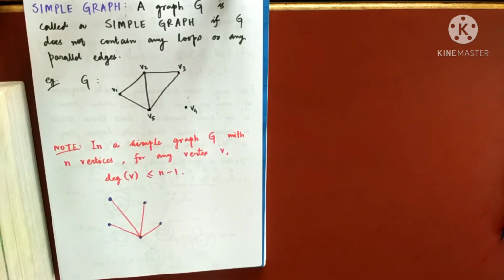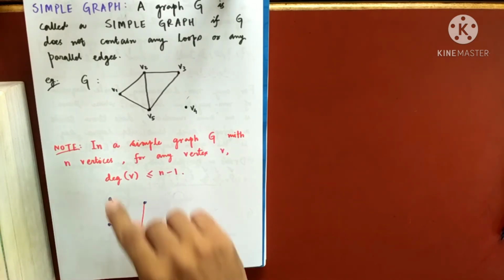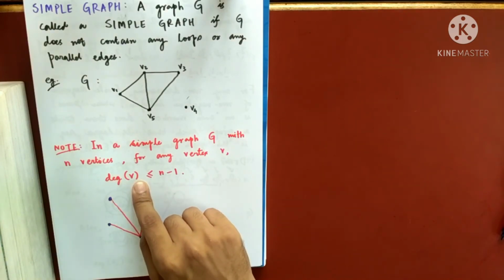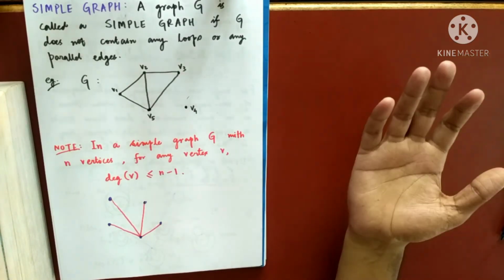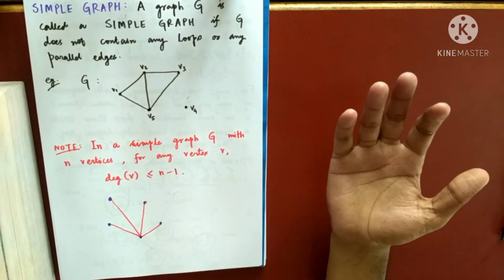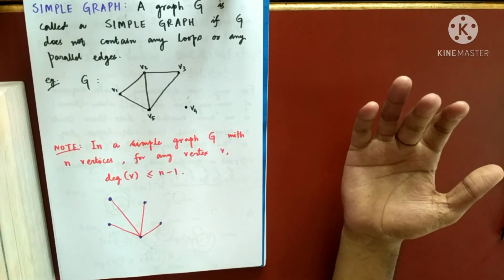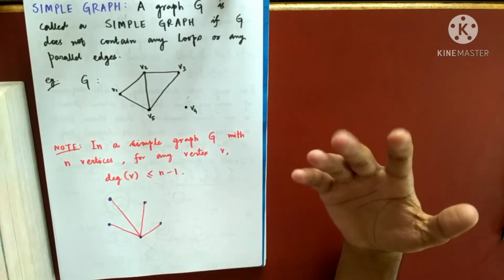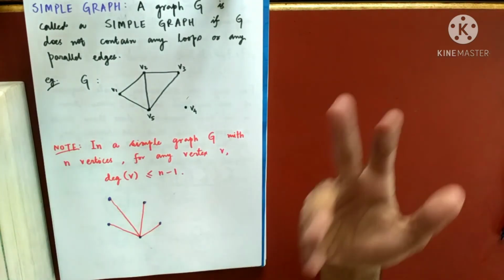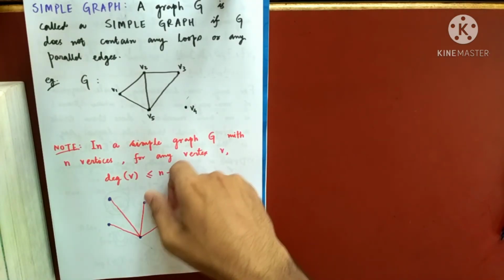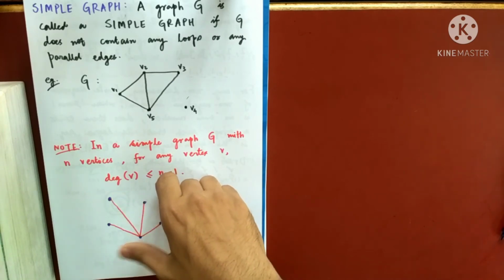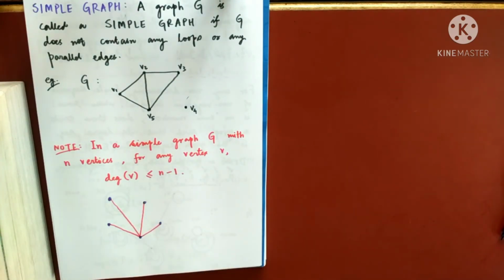So this is one thing about a simple graph. I can actually bound the degree of any vertex. It cannot be more than n minus 1. It can be maximum n minus 1. It cannot take any arbitrary value. Here it cannot take more than 4. Maximum degree it can be 4, but minimum can be anything, like 0, 1, 2, 3. Right? So let me again ask you simple things.